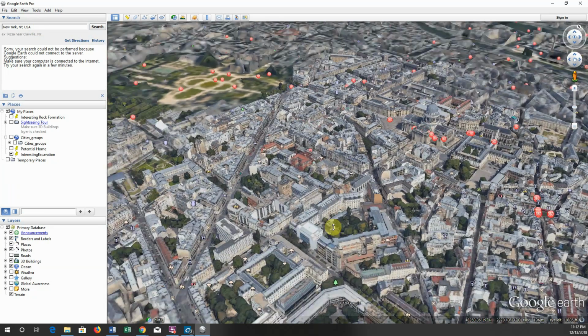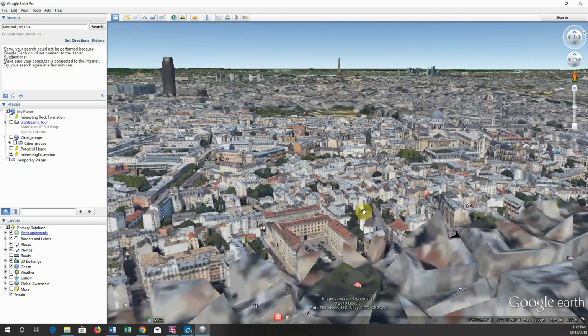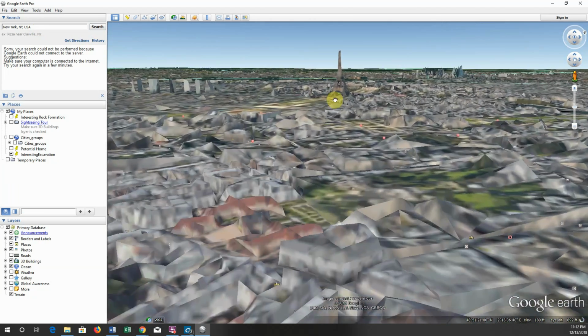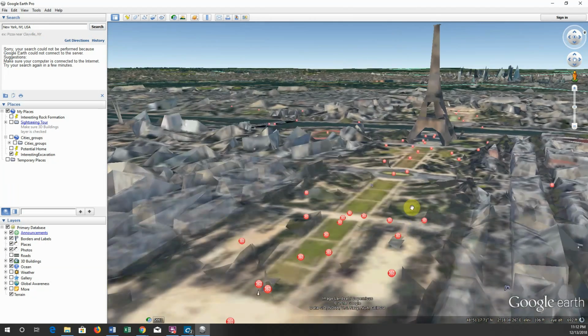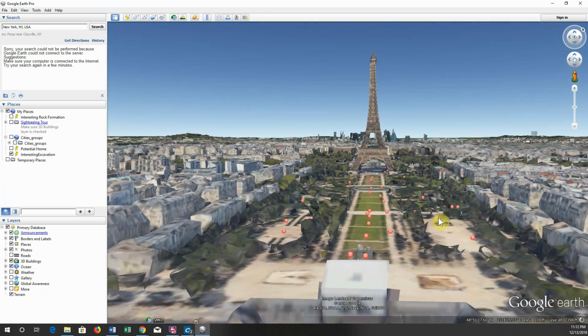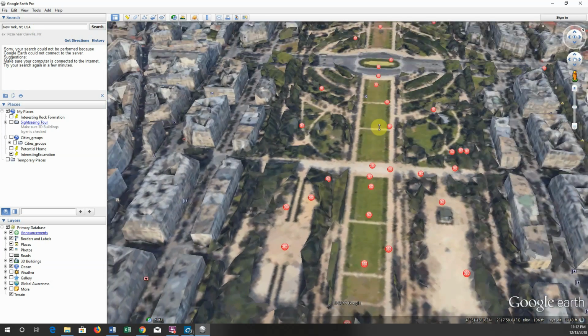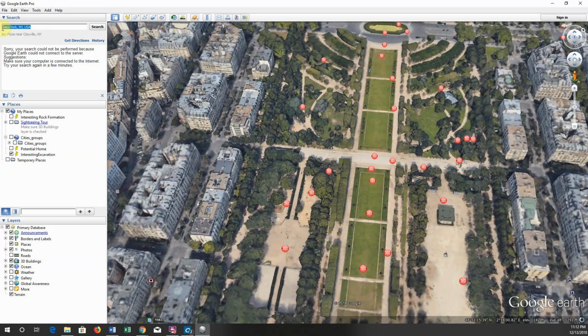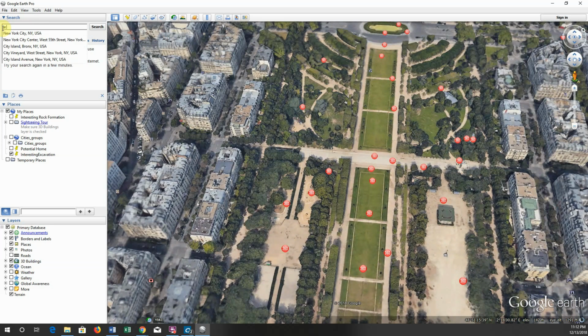And you see how it's rendered a lot of the buildings in 3 dimensions, so you can explore Paris as it builds in. Now there's the Eiffel Tower. So, okay, I'm going to try to go back to Arizona. Hopefully it'll connect to the server. If not,